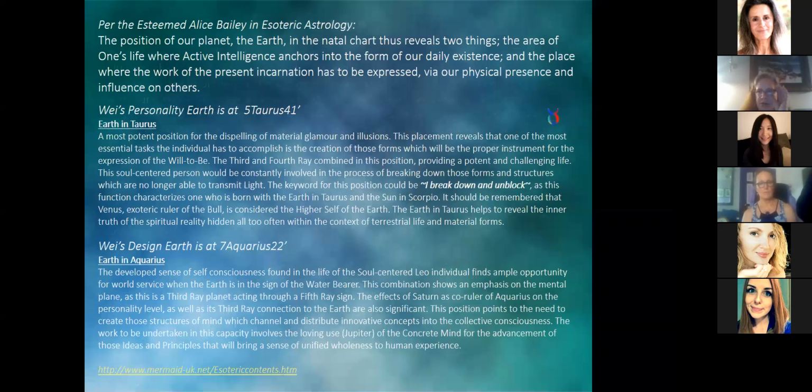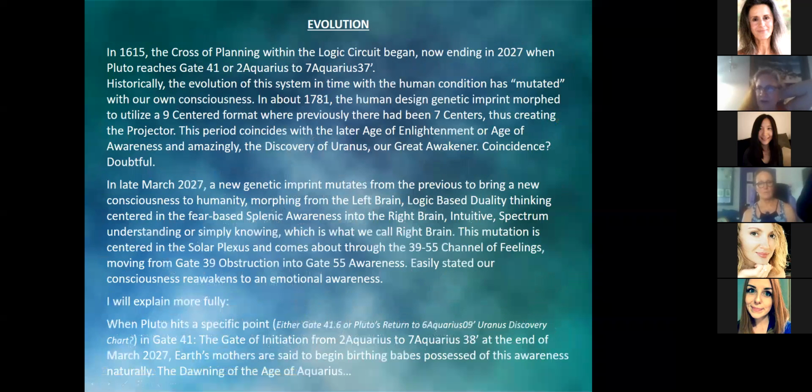So just closing up here, the evolution of human design, and human design is speaking to the evolutionary path of humanity. So in 1615, the cross of planning within the logic circuit began, and it's now ending, coming up here in 2027, when Pluto reaches gate 41. Now, gate 41 covers 2 Aquarius to 7 Aquarius. And what I've read is that it's actually the end of March 2027 when this shift